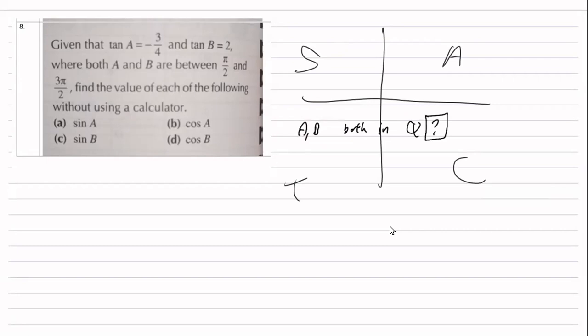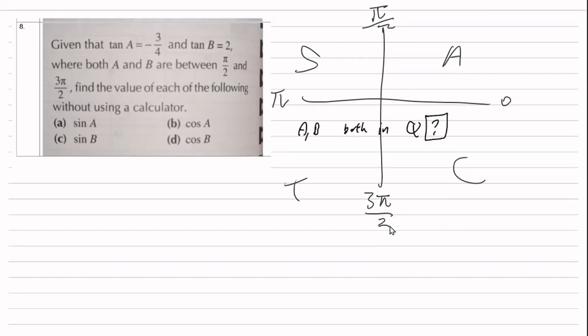Okay, so it's negative in tangent, so it's either S or C, and then wait. Oh, wait. Here is a bit different. Sorry. They didn't say that angle A and angle B are both in the same quadrant. So they could be in different quadrants. So let's try to figure out